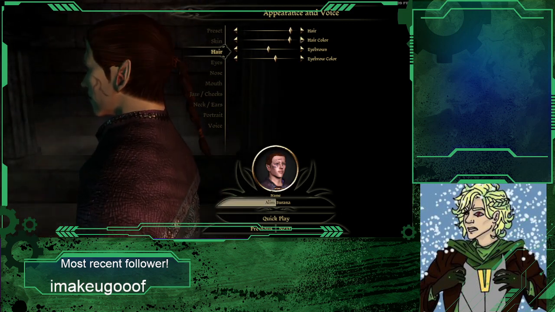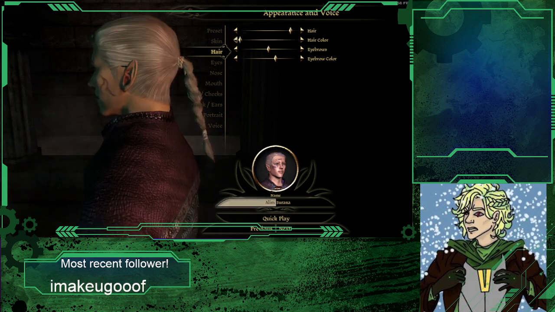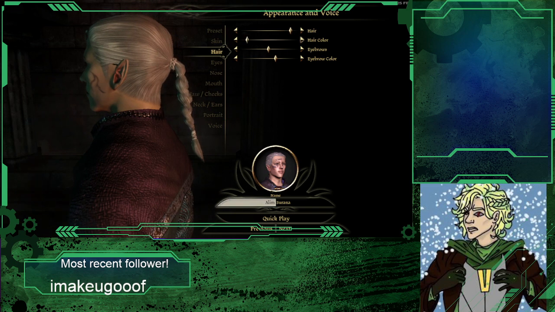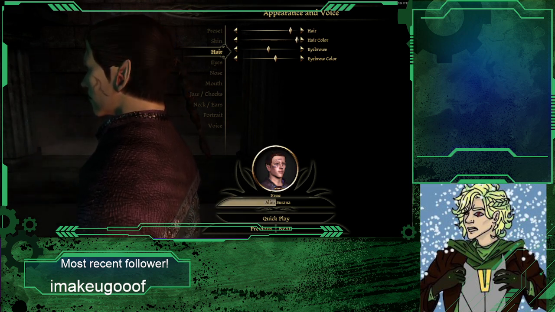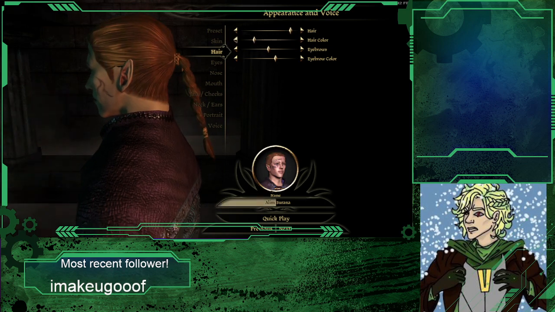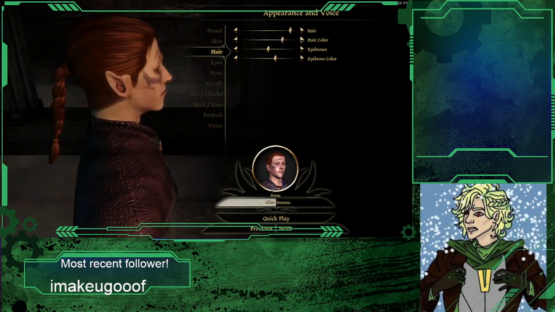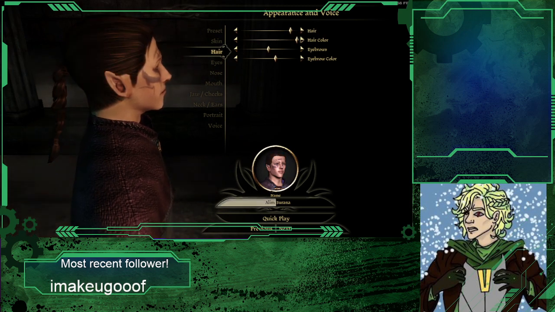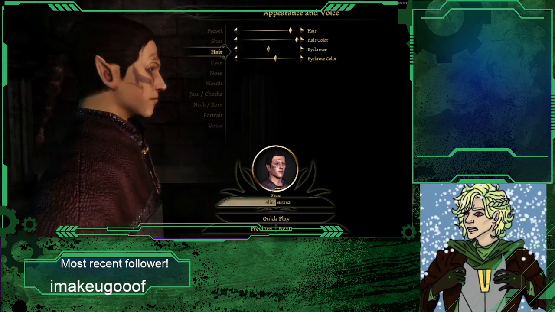Hair color, though. How anime will you let me go? Not too anime, okay. We are going to go with a nice... Nah. Just a nice old kind of base black.